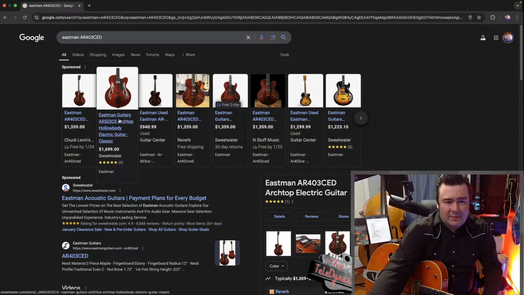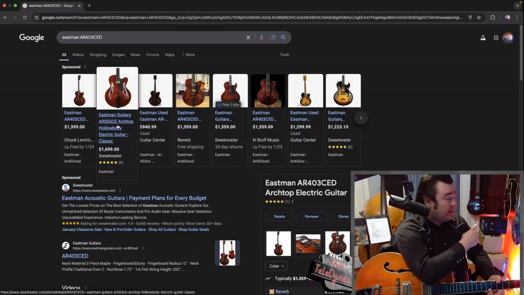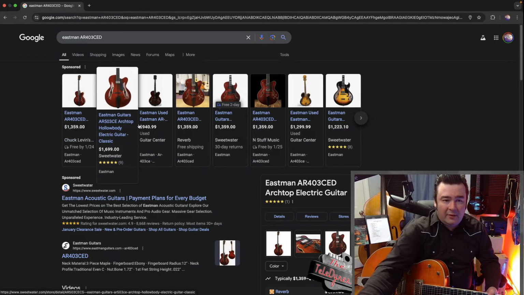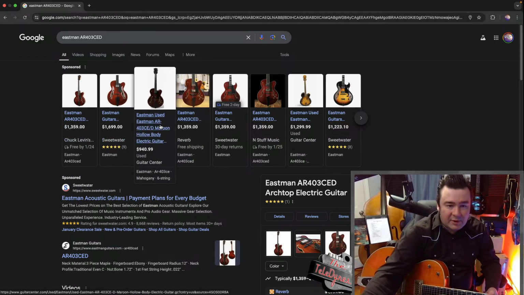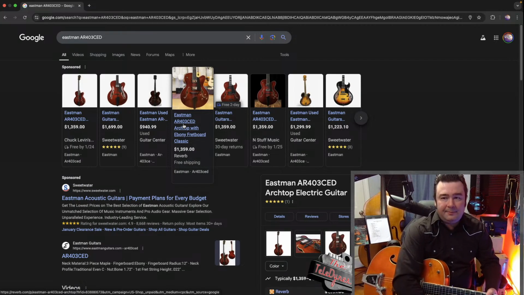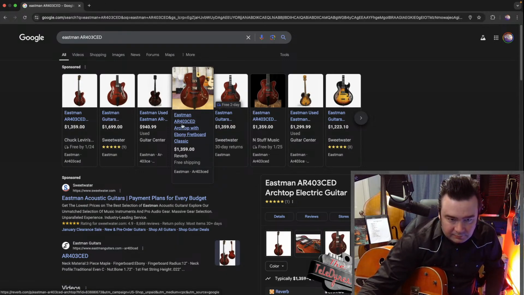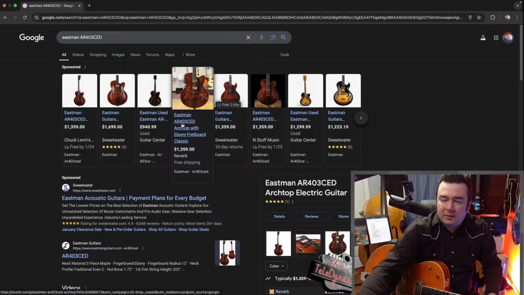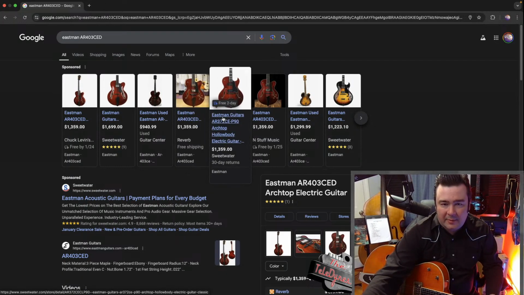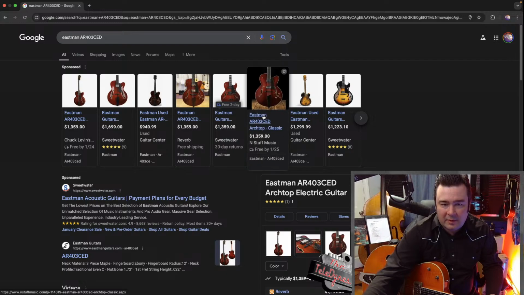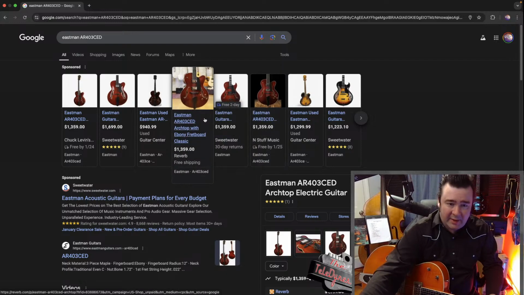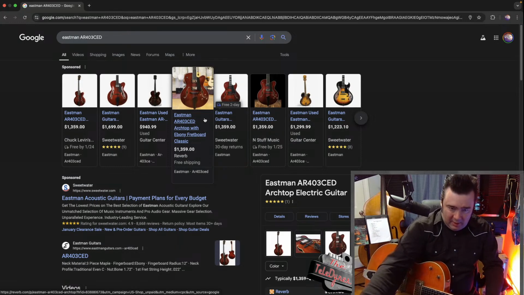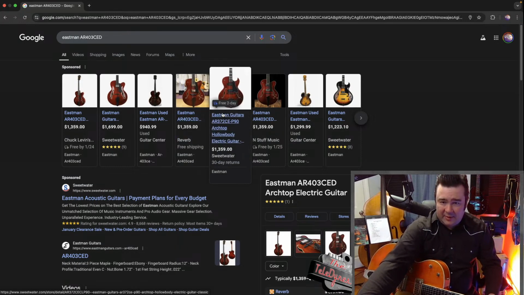So I don't know which one's which here. It looks like there's a jazz box type here. That'd be closer to this other Gretsch that I have, and then you have like a P90 version, and then you got like a double pickup version of it. This would probably be good for Rockabilly, or either one of these would be good. This one's cool. I don't know what those pickups are. I see this is P90 specifically, but